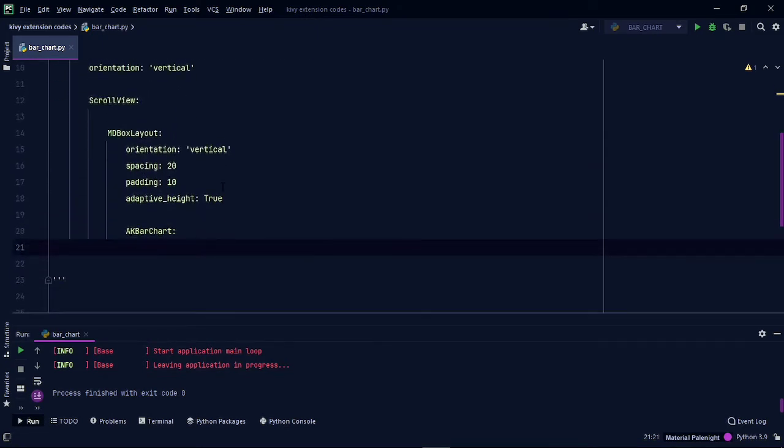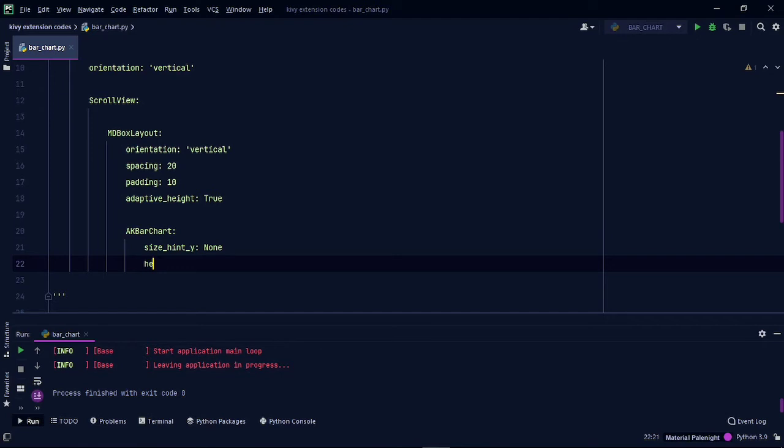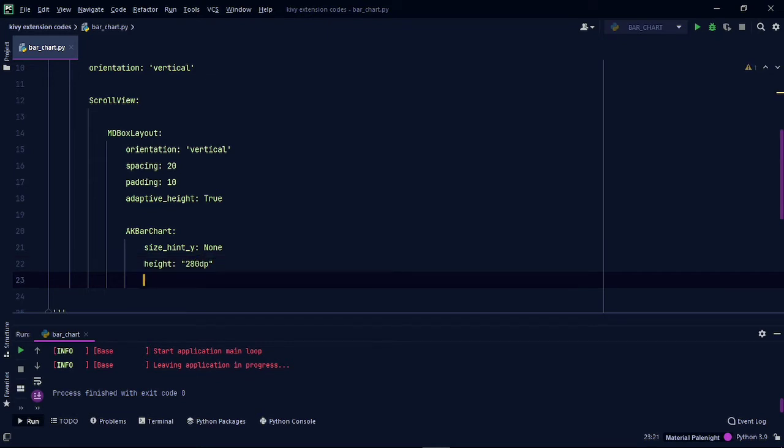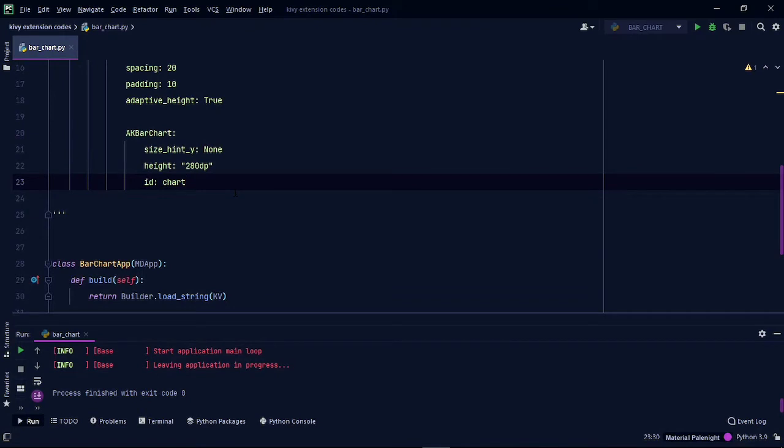Next, we need to set the height of the bar chart. So the size_hint_y should be None to change the height, and we will give it a height of 280dp. To access this bar chart's properties outside the string, it should have an ID.